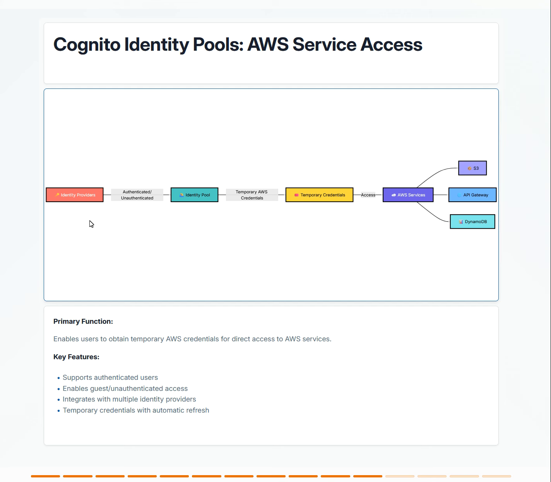So your federated third party identity provider can be an identity provider. So let's think about it. Once you are authenticated, you get a JWT token, and then